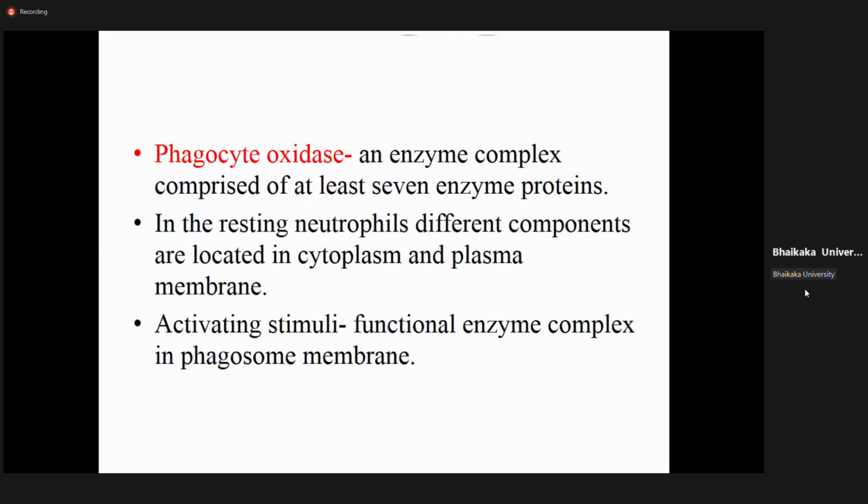In a normal resting leukocyte, these 7 enzyme proteins are distributed in different parts of the cell. Some of them are lying within the cytoplasm, some of them are lying in the cell membrane. But once the cell gets activated, this enzyme complex gets